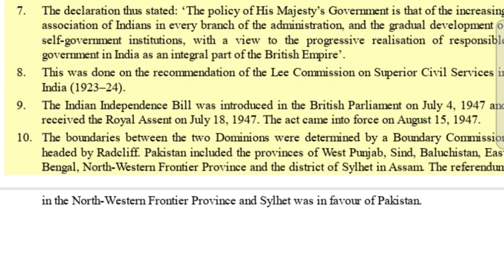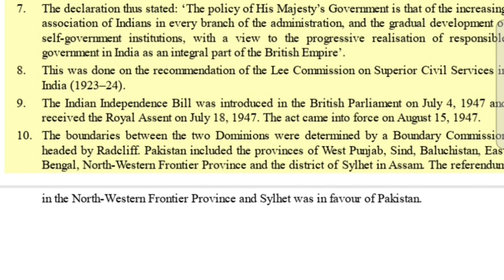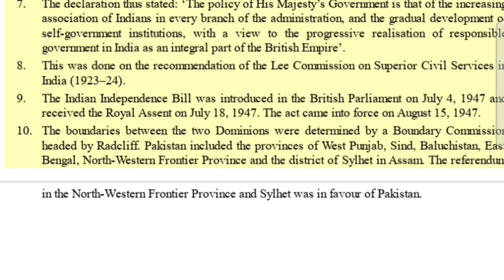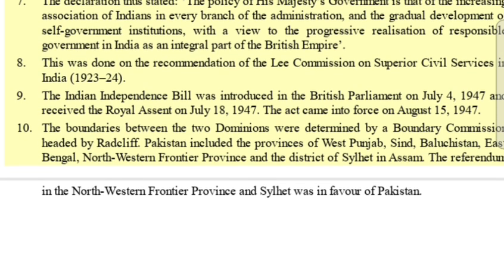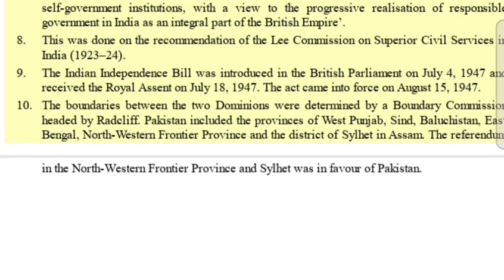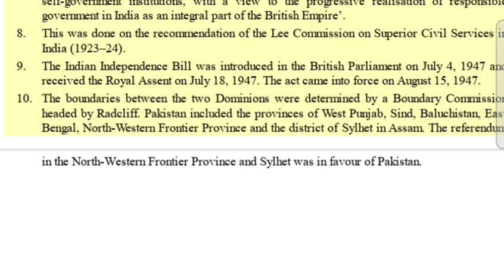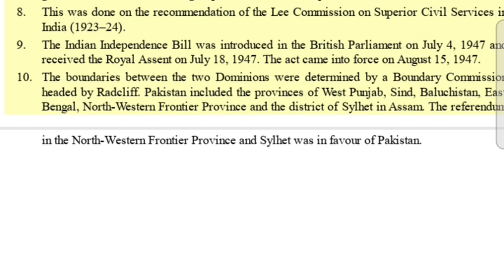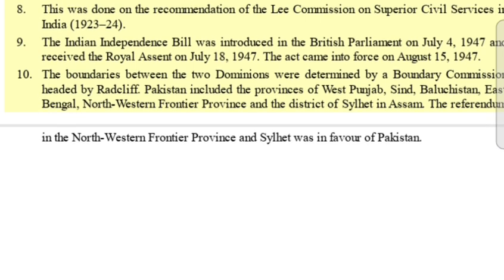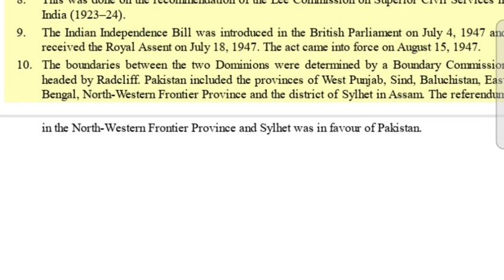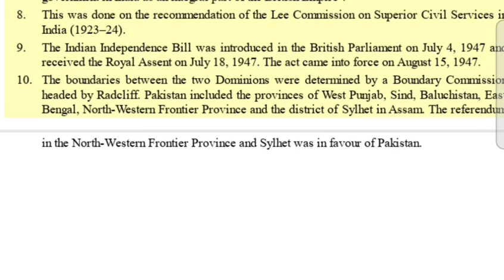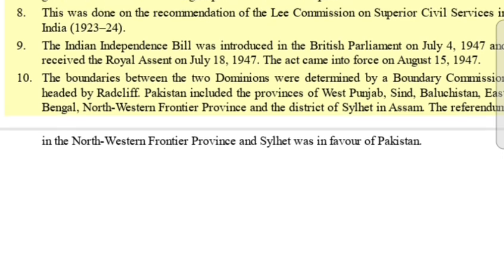The policy of His Majesty's government is that of the increasing association of Indians in every branch of the administration, and the gradual development of self-government institutions, with a view to the progressive realization of responsible government in India as an integral part of the British Empire. 8. This was done on the recommendation of the Lee Commission on Superior Civil Services in India,